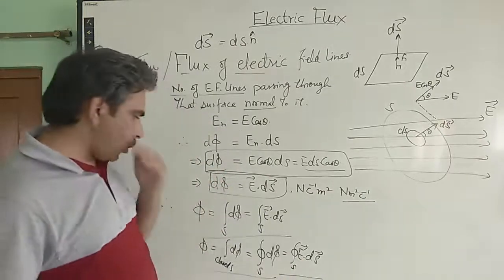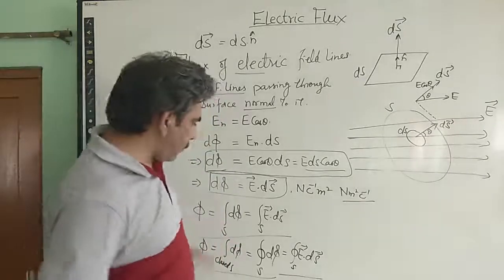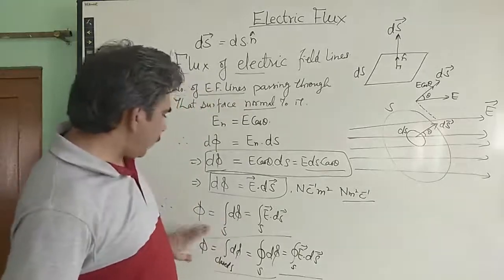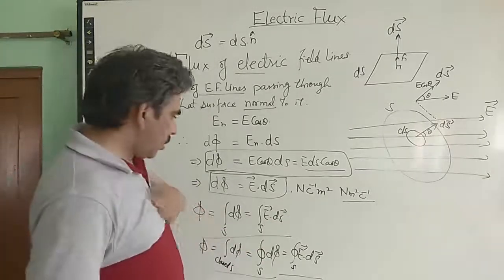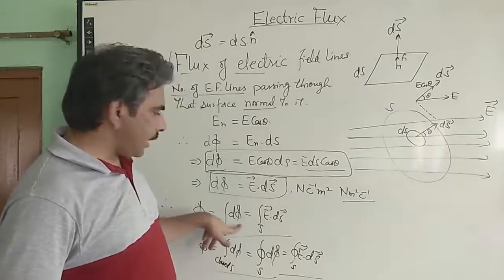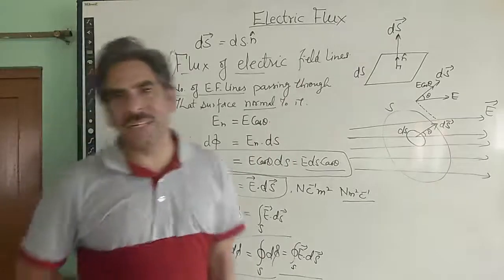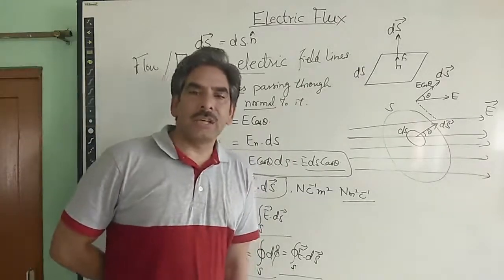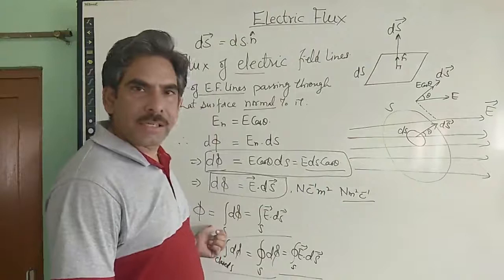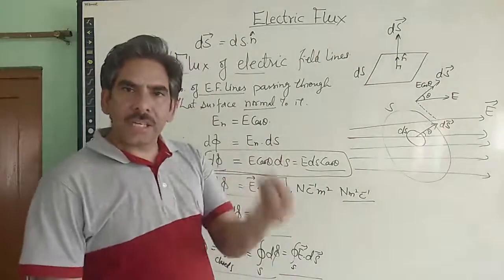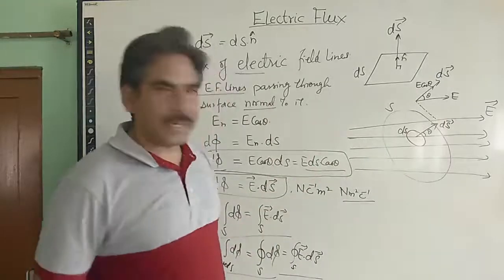But what do we understand from this mathematical equation? We are interested in finding the electric flux through a surface in a direction normal to it. So we are interested in the total electric flux through the given surface area. By total electric flux we mean the strength of the field through a region. So that is the significance of electric flux. Electric flux simply means we are finding the strength of the electric field through a surface. It may be an open surface, it may be a closed surface. So that is electric flux.